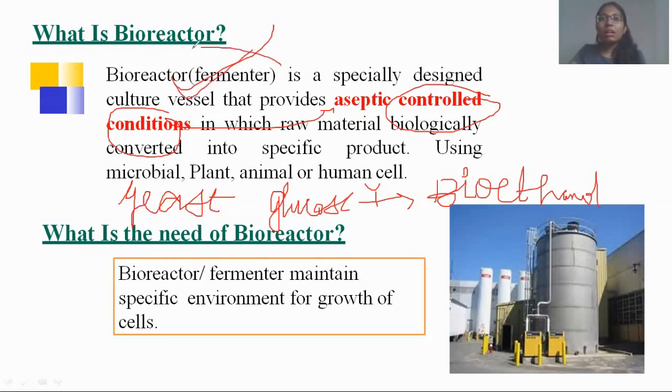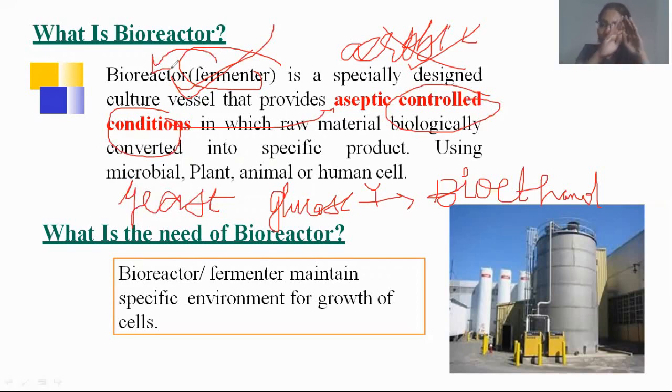Now please don't get confused between the terms bioreactor and fermenter. Previously the term fermenter was used, but students get confused that when they hear fermenter, it means that no aerobic conditions are prevailing, but it is not so. There are products that are formed only because of aerobic conditions. In order to avoid that confusion, nowadays the term fermenter is replaced by bioreactor. So it covers both aerobic and anaerobic conditions. Okay, I hope it is clear up to here.